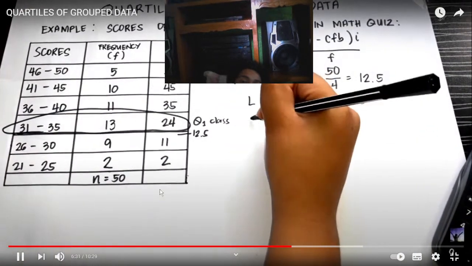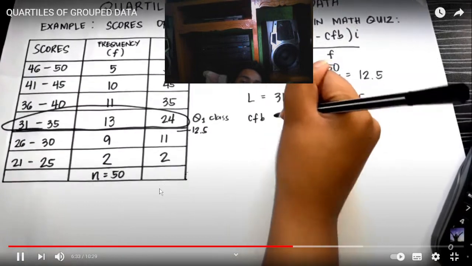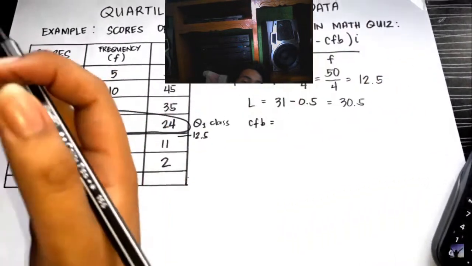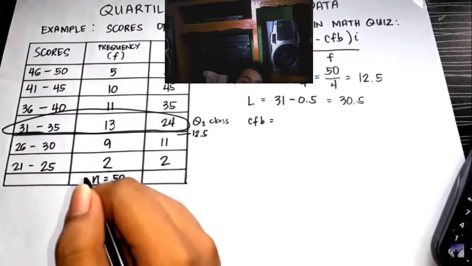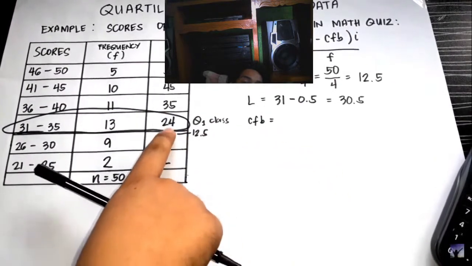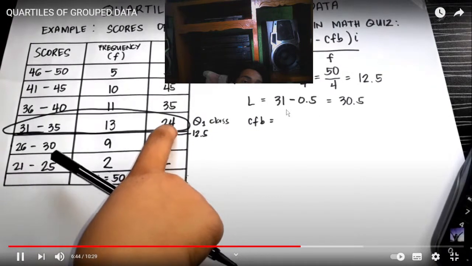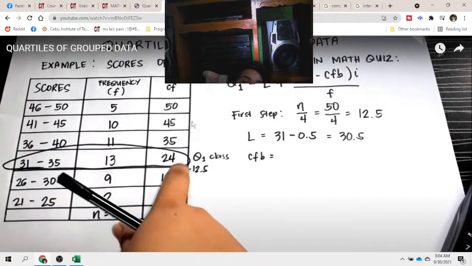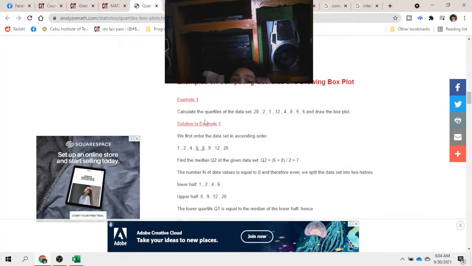Next, we're going to get CFB. That is equal to CFB, cumulative frequency from below. Now, since the CF of our quartile 1 is 24, and CFB means cumulative frequency from below, we will get the one below. CFB is equal